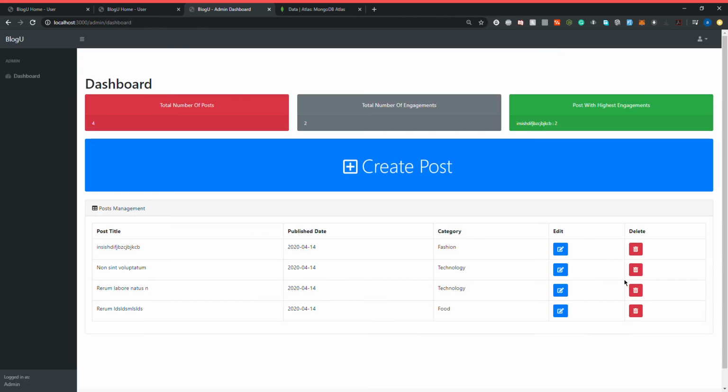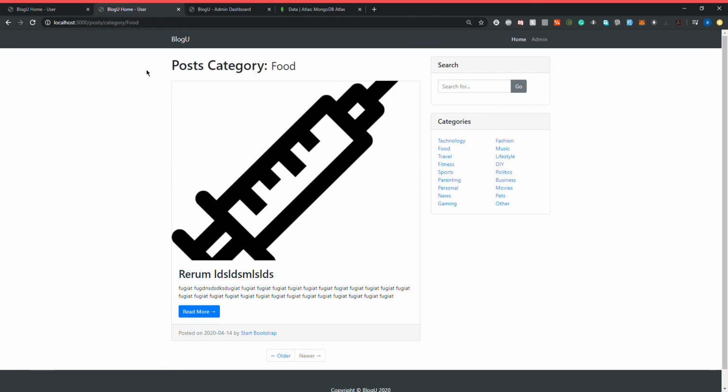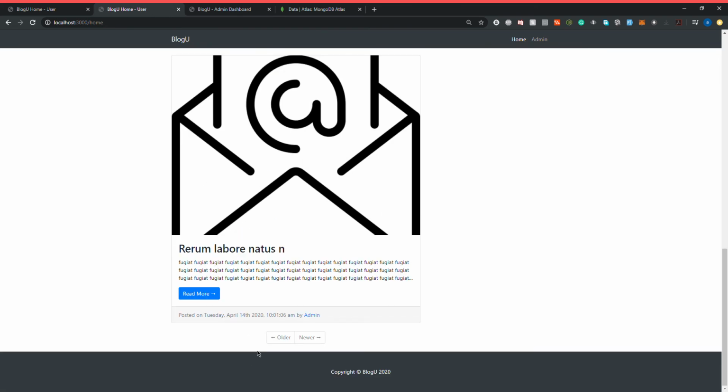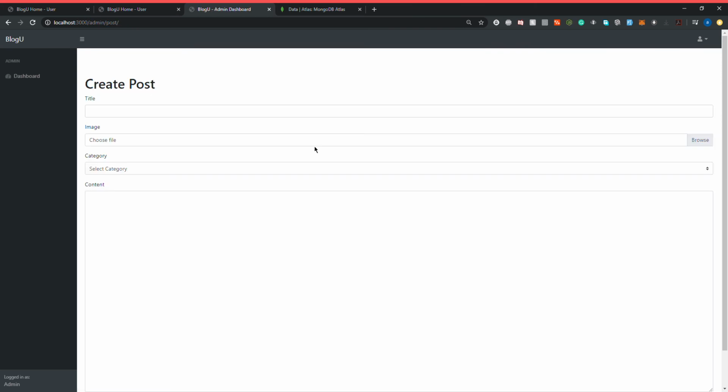make real-time deleting for our application, such as, for example, if I delete this post, it will be deleted, and in our application it will reflect the deletion. It also supports pagination, but this can only be reflected with 10 or more posts. So for instance, if I create any 10 posts,